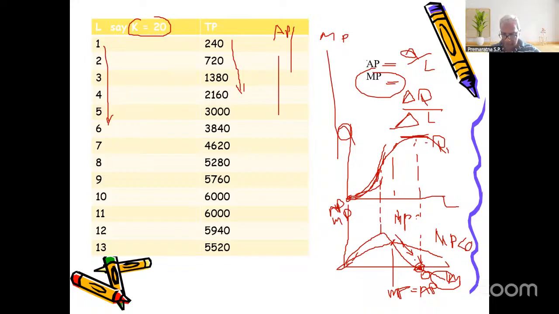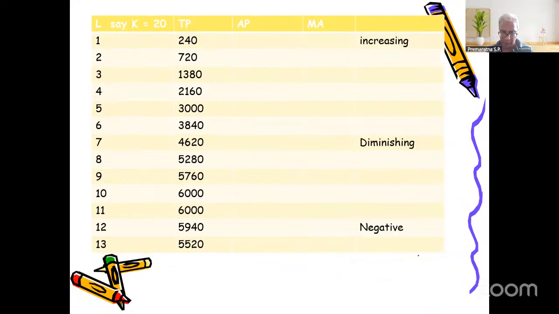And there, when you draw, also be careful. The marginal product curve crosses the maximum point of the average product curve. So that you can do. If you look at the total product curve, the slope of the total product curve at each point becomes the marginal product. So that's what we have to understand.